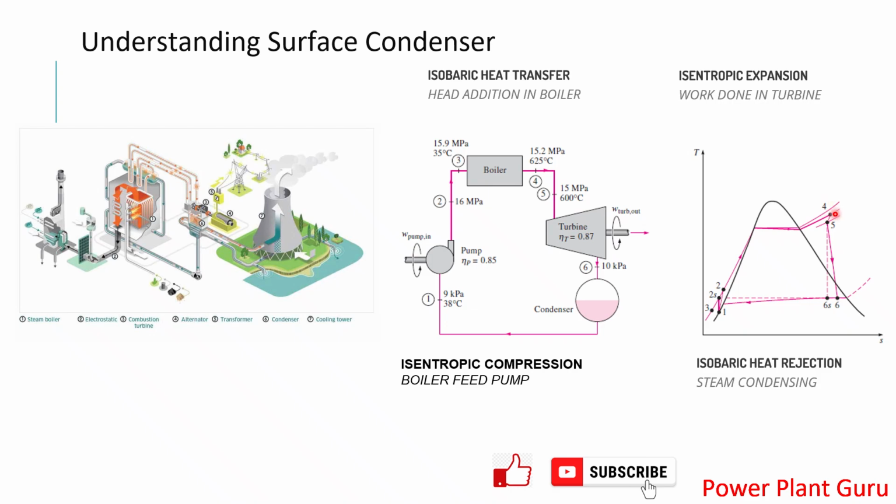Then there is superheated steam. This superheated steam will go and give the work done in the turbine, and then you have your condenser, which will be this line. So why we brought this diagram is just to explain